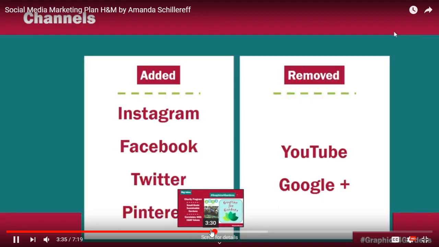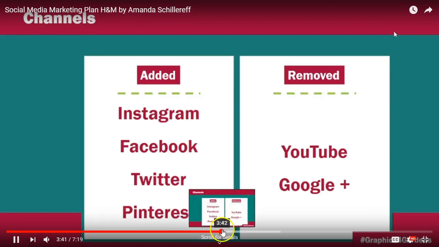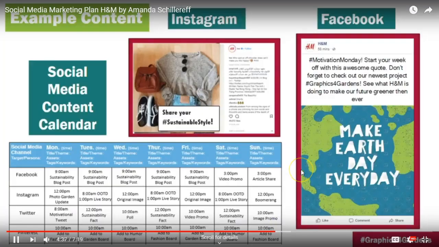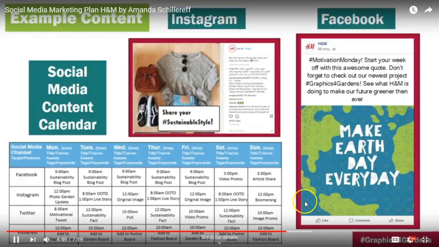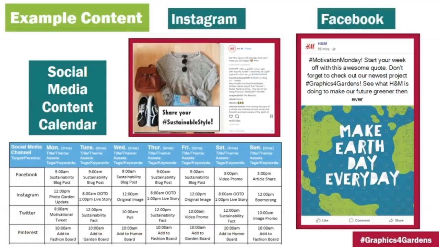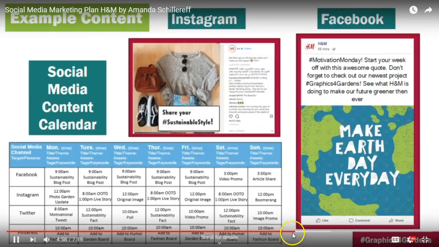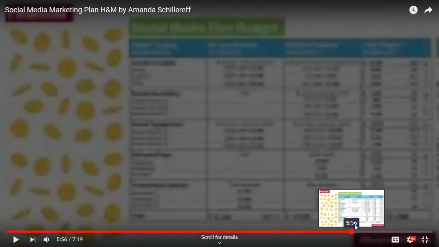For this campaign, I think H&M should use Instagram, Facebook, Twitter, and Pinterest. I think this because these 4 sites are where the target audience is. This challenges users to put together outfits that are made with eco-friendly materials. This both shows H&M's dedication to sustainability and creates great interaction with users. Next on the right is a Facebook example. This post combines the target audience's love for motivational quotes and again the idea of sustainability. The caption also includes a link